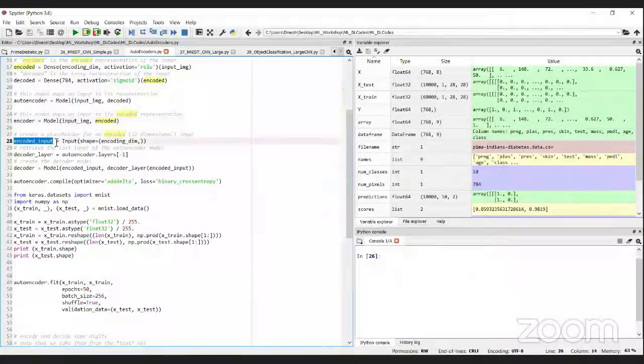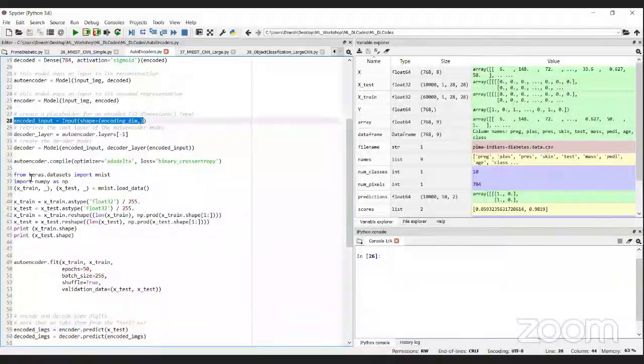So the encoded image input is like this, this is the encoded dimension. Basically, we defined all these things. Here I am trying to compile the autoencoder. The input shape is the encoding dimension. Decoding is autoencoder dot layers -1. Since we have only one layer, the decoding layer, or the latent representation, is layer -1. Autoencoder compile. So compiling the autoencoder now.